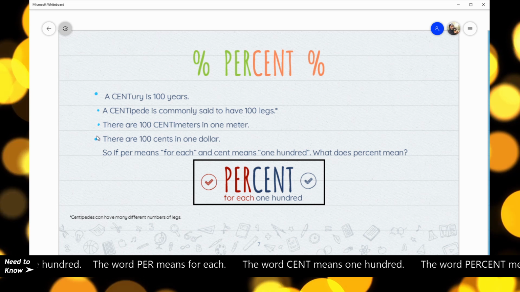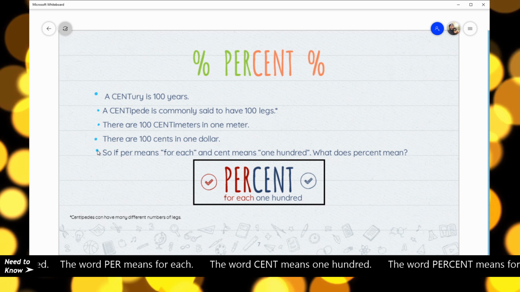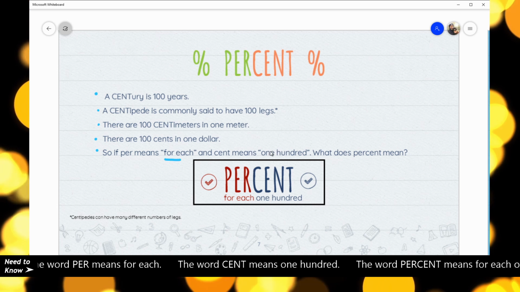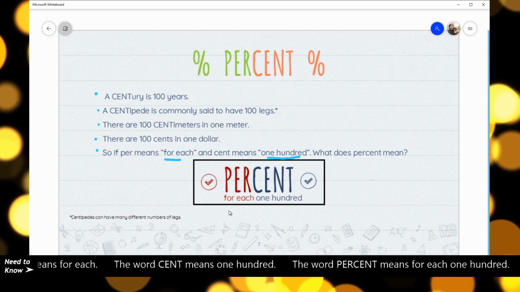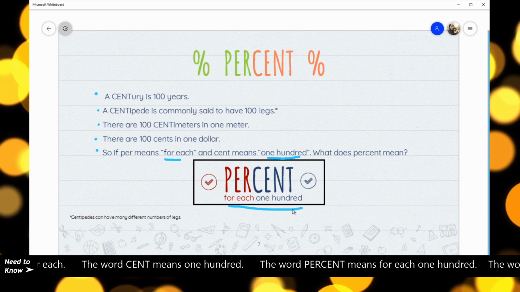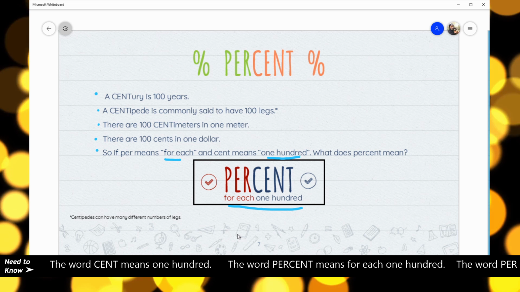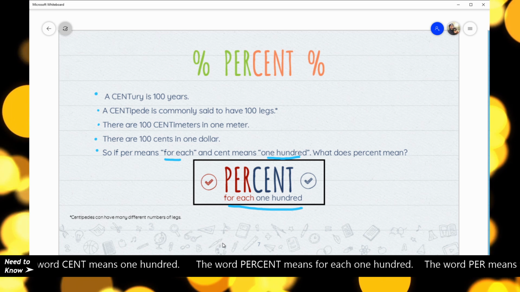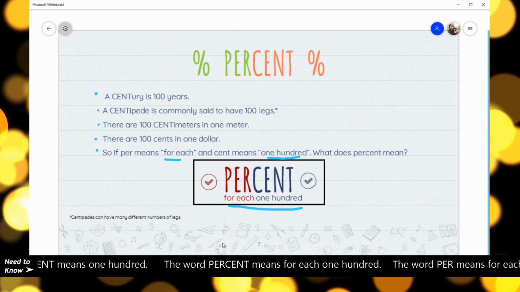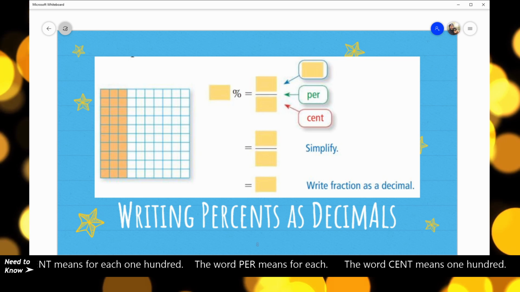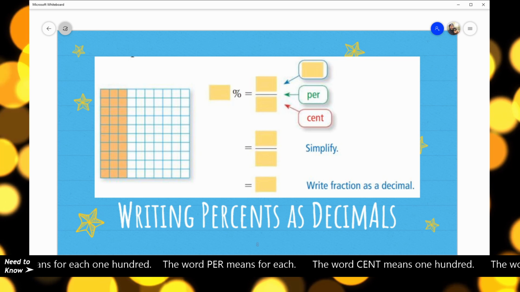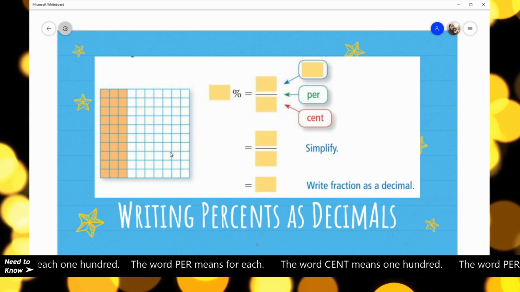So cent means 100. So if per means for each, and cent means 100, what does percent mean? Well, percent means for each 100. So it's comparing something to a group of 100. Okay, the first task you're going to have to do in this preview part is how to write a percent